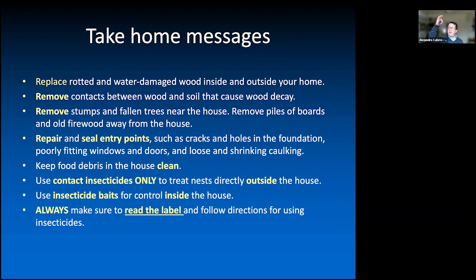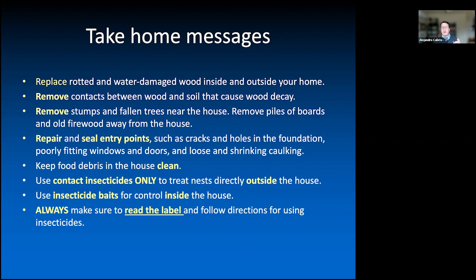Make sure if you have big trees and they're in contact with the roof, you remove those branches. I've seen that was very common when I was living in the South. A lot of damage in the roof, and there's some areas that you don't see. So then you can have a more serious problem. Pieces of your roof can collapse because the ants are just removing all that dead wood for building the colony.